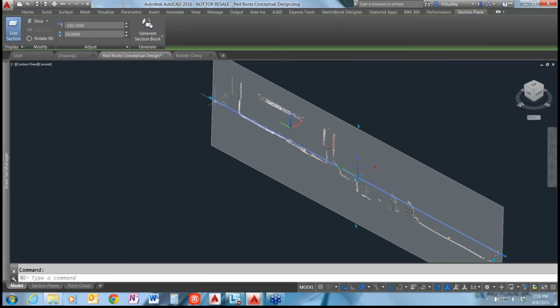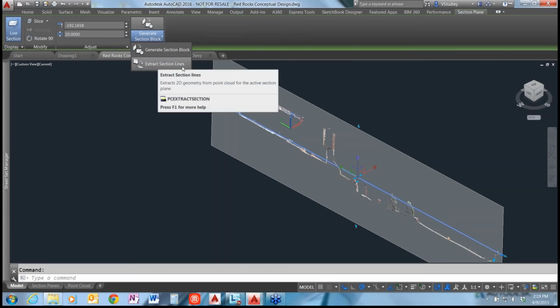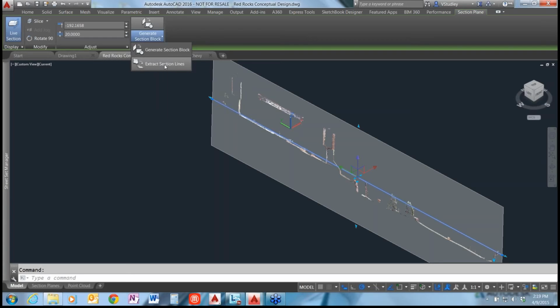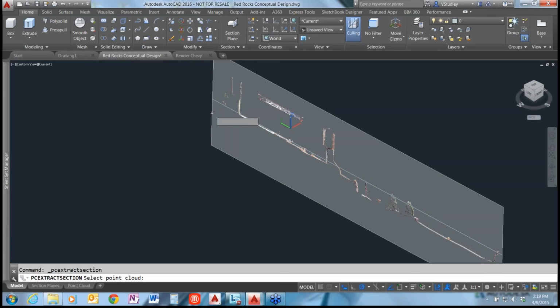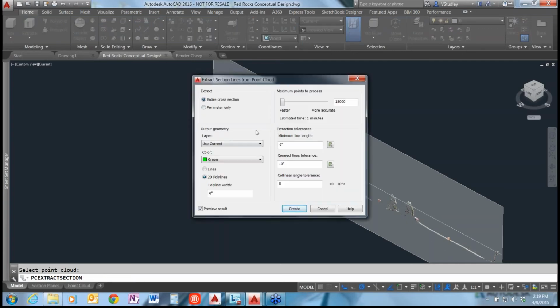One of the cool new features that you can use with section planes and point clouds is this extract section lines tool. So what it's going to do is generate AutoCAD geometry on top of this point cloud based on the geometry that's been pulled in through that point cloud model. So I'm just going to select that point cloud here. There we go. Okay, and it'll bring up this extract section lines from point cloud dialog box,